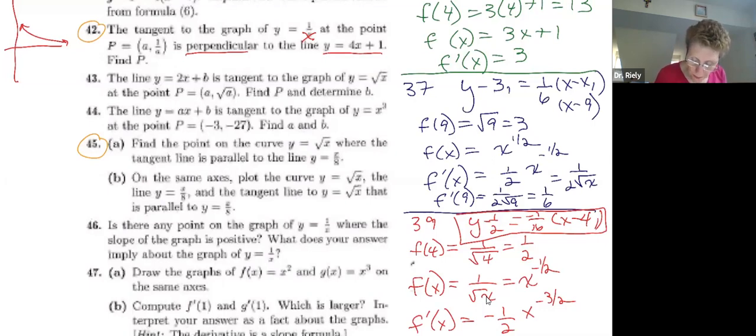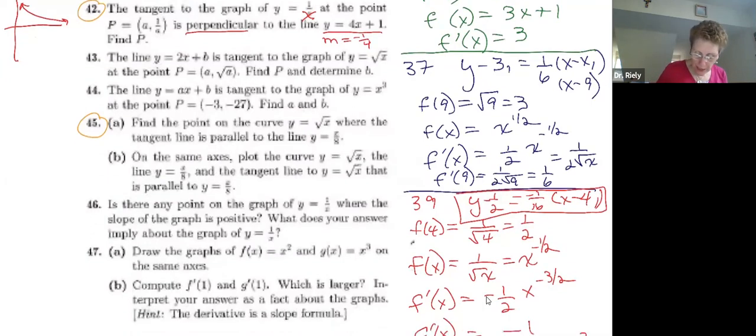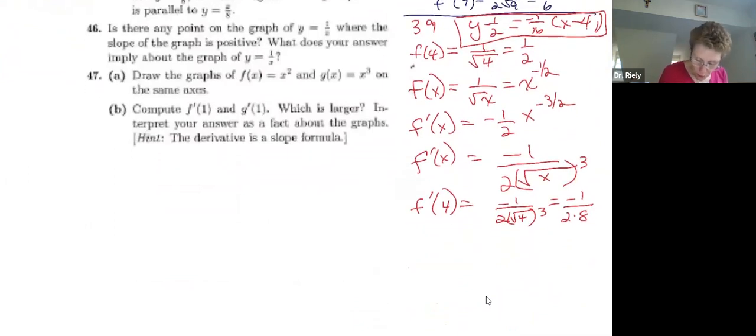What's the slope of the tangent line? It must be negative 1/4. Okay, that's the exact slope. What is the generic slope? That's what we're going to figure out. So, doing 42 over here,